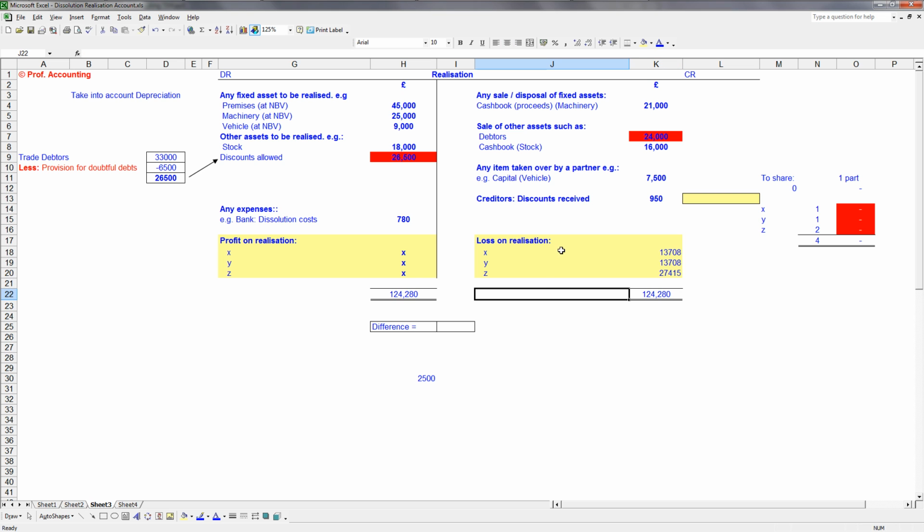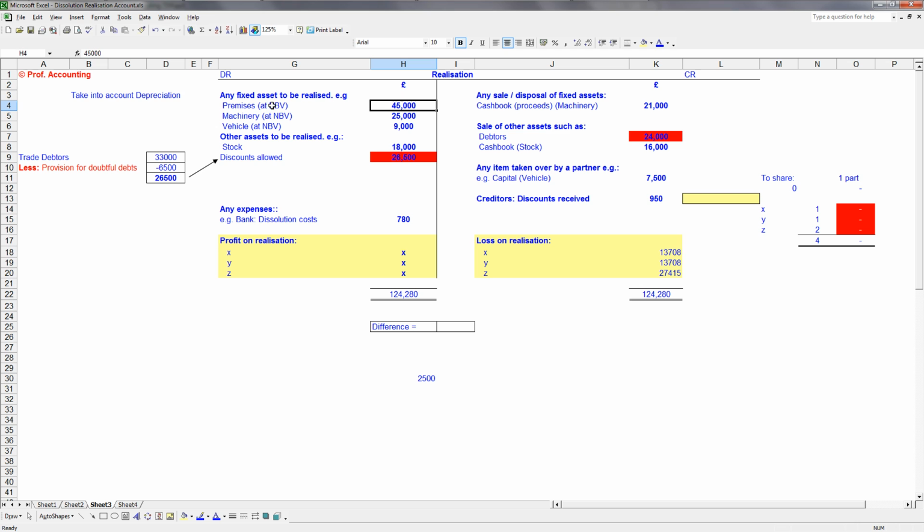Because if, for example here, I was to have depreciation in this question, the premises might have been £50,000 and ACDEP, accumulated depreciation, might have been £5,000. So therefore, £45,000 is correct. But if I told you that is the cost, and then 5,000 depreciation total, just as an example, and I had put 50,000 in there, that's cost value,